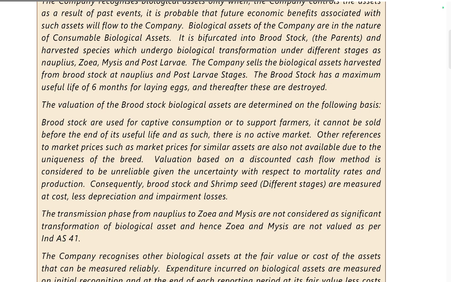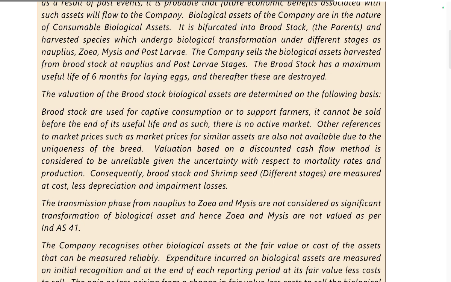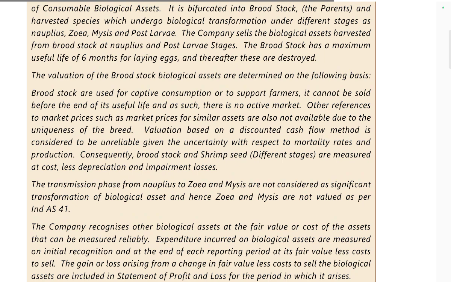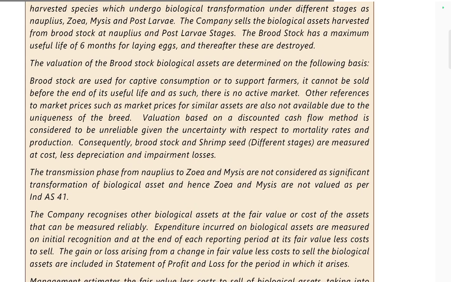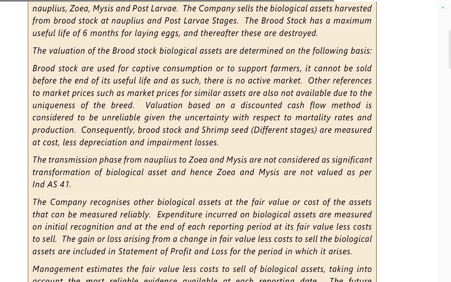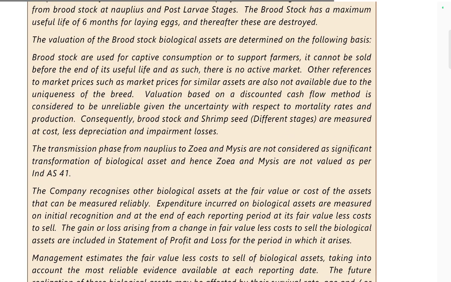nauplii, zoea, mysis and post larvae. The company sells the biological asset harvested from the broodstock at the nauplii and post larvae stages. The broodstock has a maximum useful life of 6 months from laying eggs and thereafter is destroyed. Valuation of the broodstock biological asset is determined as follows: broodstock cost and captive contribution of supporting farmers. It cannot be sold before the end of its useful life and as such